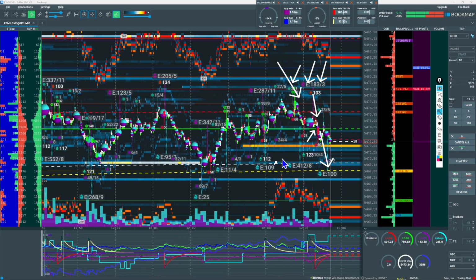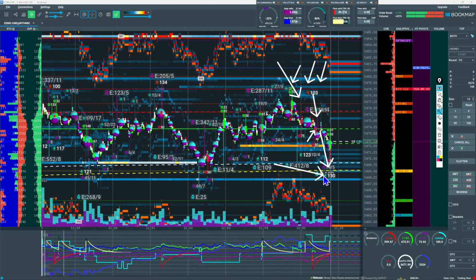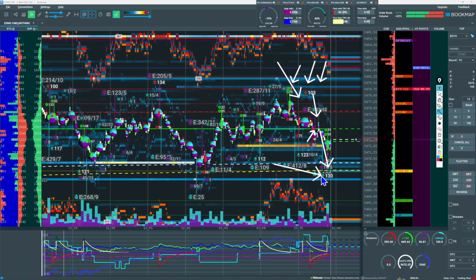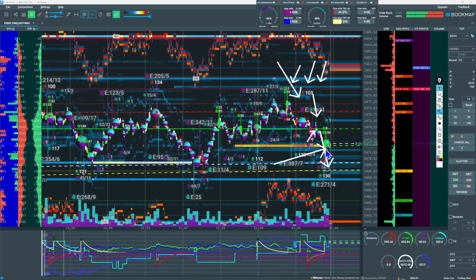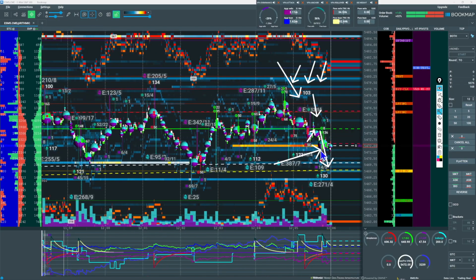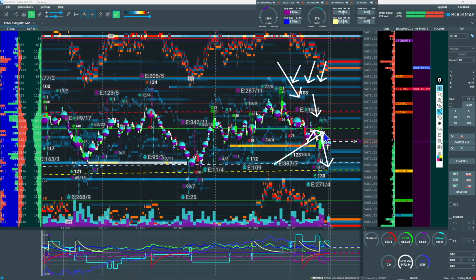We have this liquidity here to get past, so we need some heavy volume. We got that. But notice we have iceberg buyers and absorption here as well. Buying sweeps, this is supposed to move down from here and not push back up to the volume point of control. That's how we would know that the sellers are maintaining control.